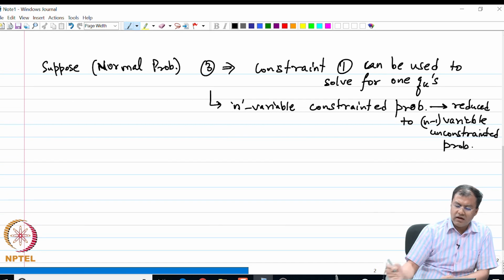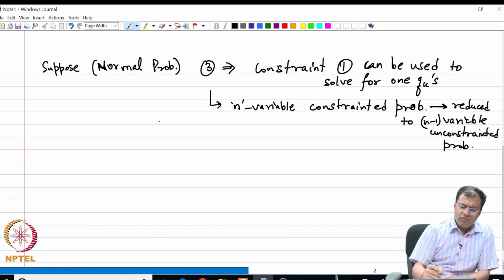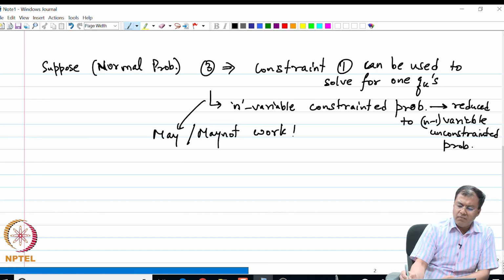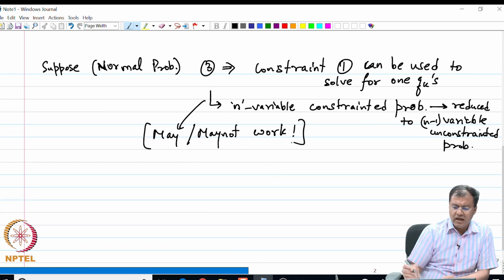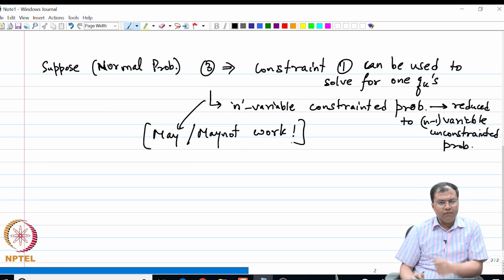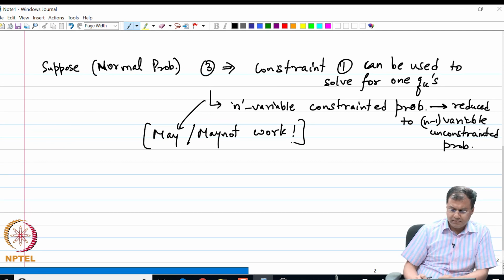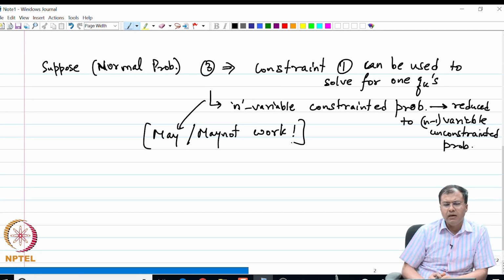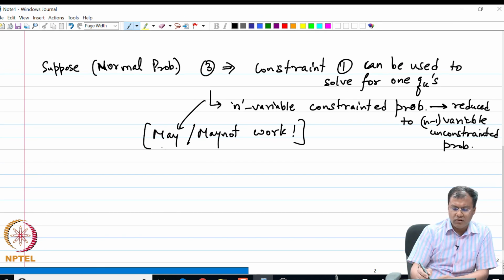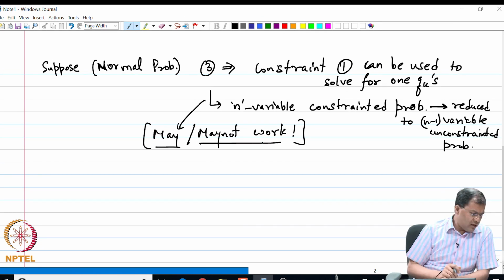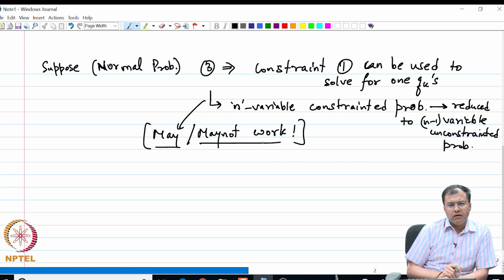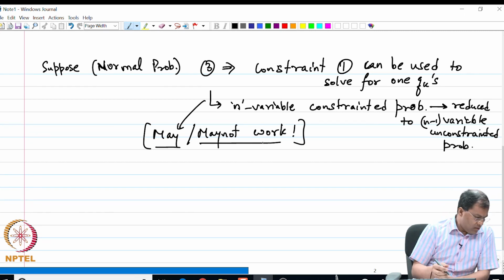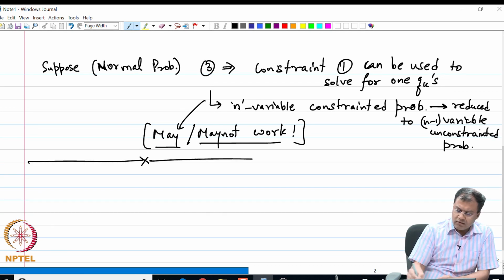Right. It seems that is possible, and many times it's possible, but many times it is not. So, it may or may not work, as we have seen several similar scenarios in finite dimensional calculus and for the isoperimetric problem also. Well, not the case of the isoperimetric problem, but in the case of finite dimensional calculus we saw that it may or may not work. So then what is the alternative out of it? To look at the alternative, let us consider the following.